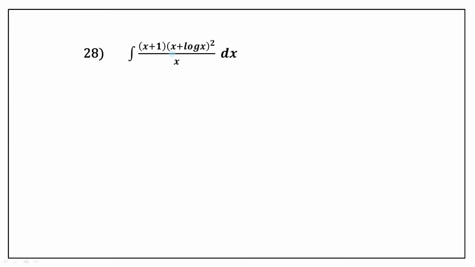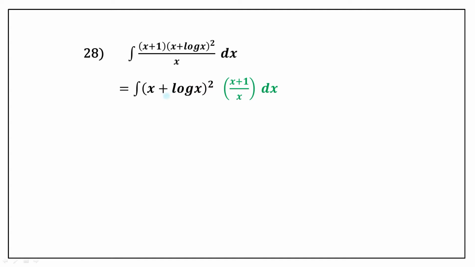Now here, one guess what we can think about is (x plus log x) the whole square is a function of a function. It contains x square form, and then in place of x, x plus log x. So it's a combination of two functions. So one idea is to take x plus log x as t, and also we have 1 by x form, which may be the result of differentiation of log x.